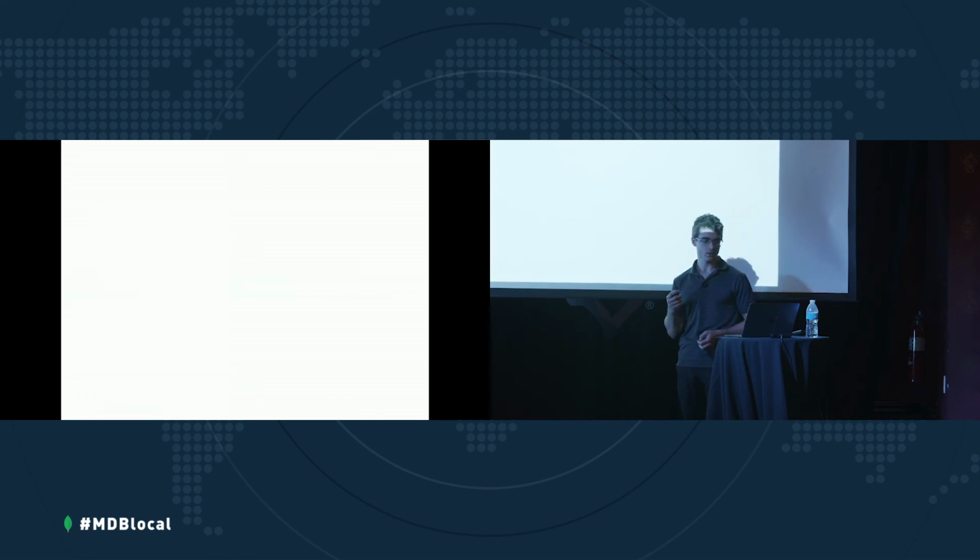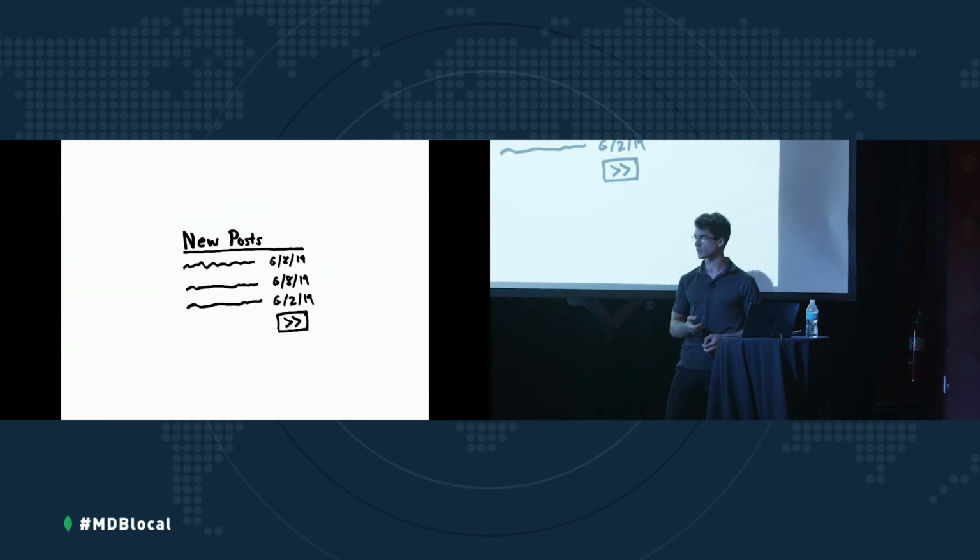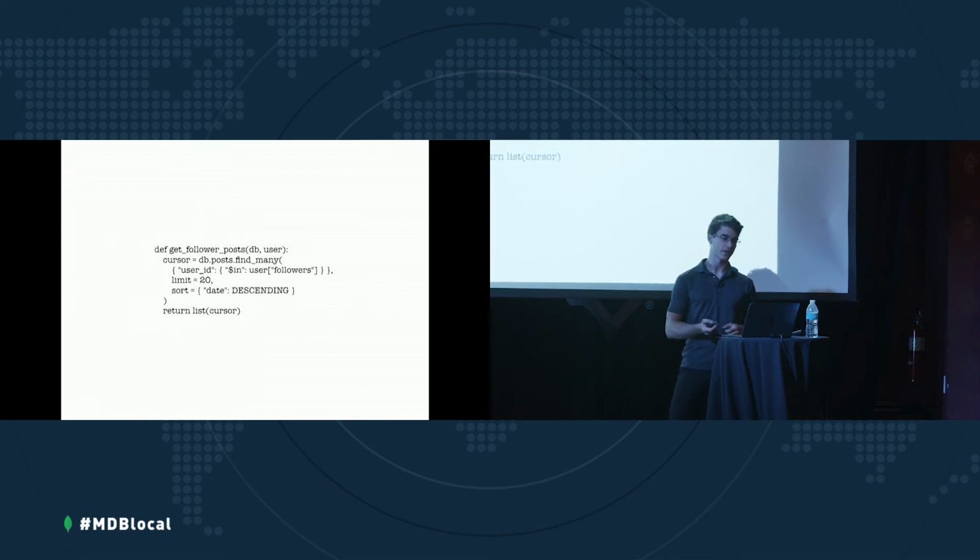And lastly, Doris builds out the homepage, which is a list of posts from users that you follow. The function for that is pretty simple. It just does a find many, querying on the array of followers in your user document. But since we've changed it such that users have their own keys, this could potentially return documents from 20 different users, which means 20 different encryption keys. And